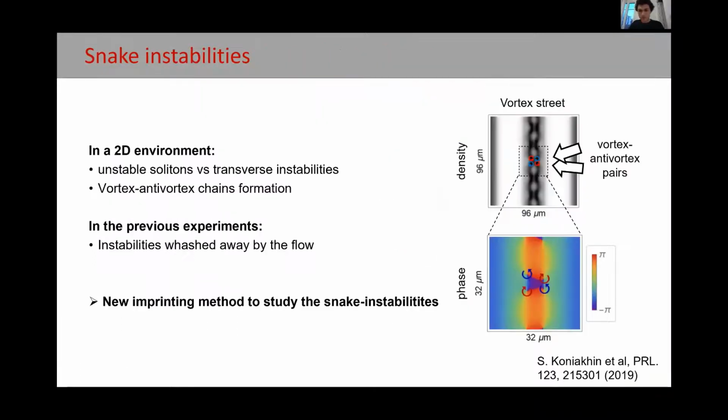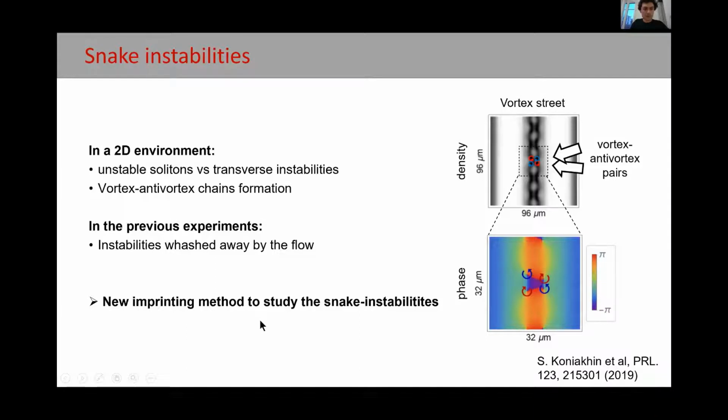So this imprinting technique is flexible enough to study the soliton instabilities. In this last part of the talk, I will move on to a last study concerning the snake instabilities. This work has been done in collaboration with the Photon2 team from the Pascal Institute in Clermont-Ferrand, which has done all the theory concerning this experiment, theory which has been explained to you by Sergey in the previous talk.